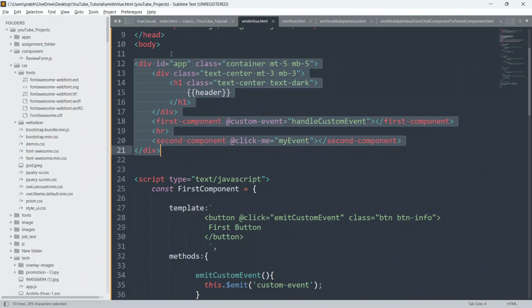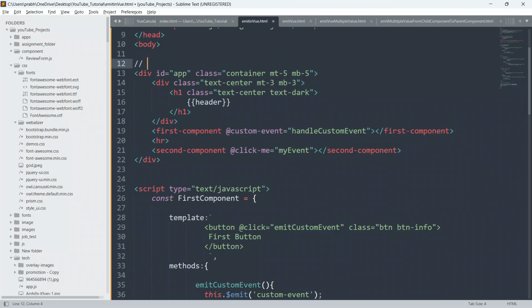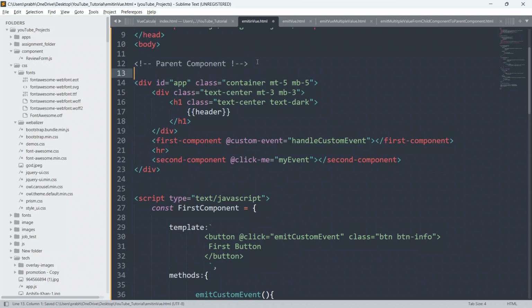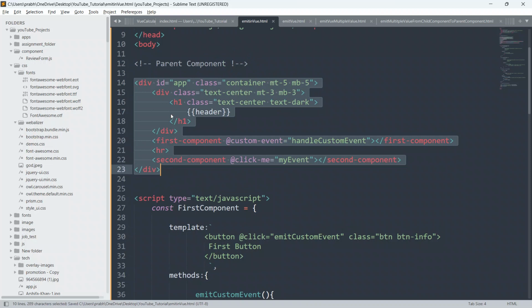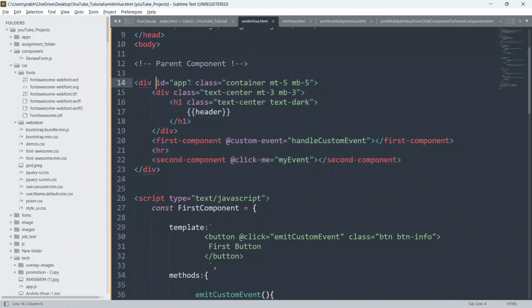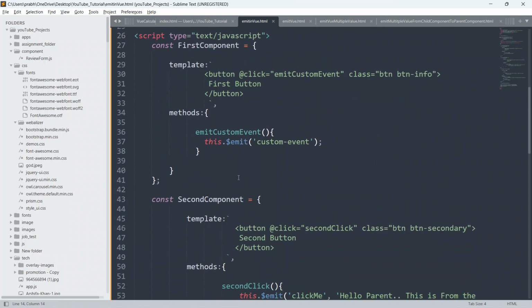Let me write the comment here for you: parent component. This entire div is the parent component because I have given id as app.